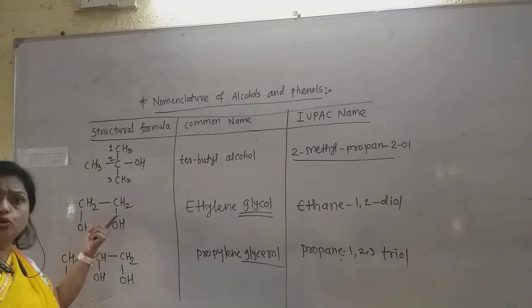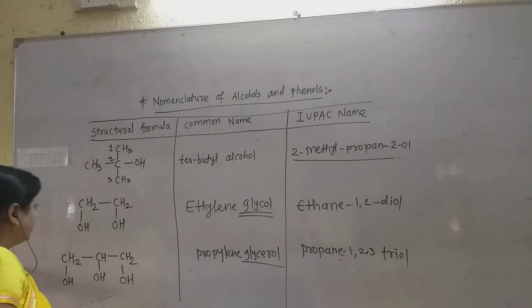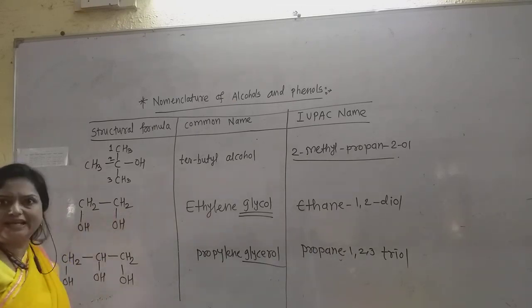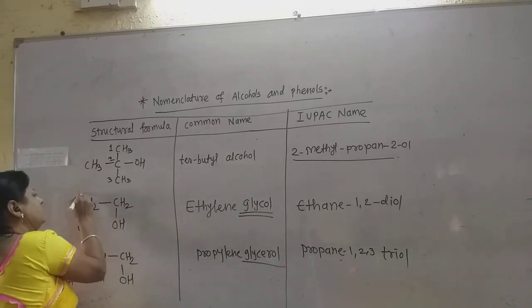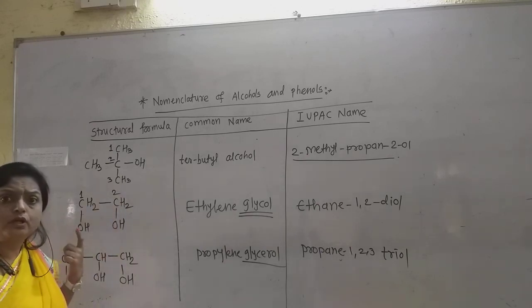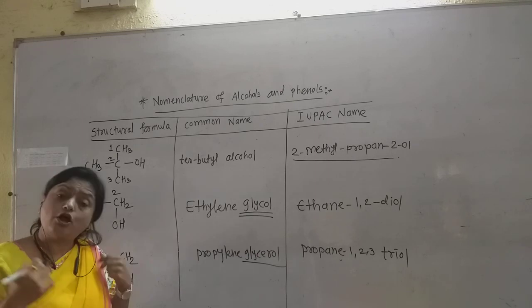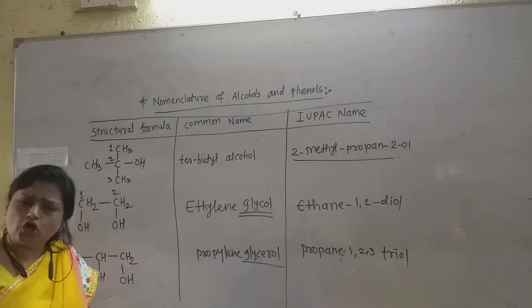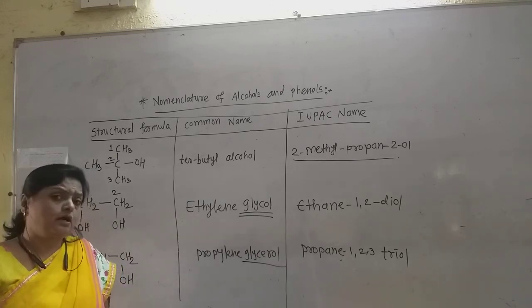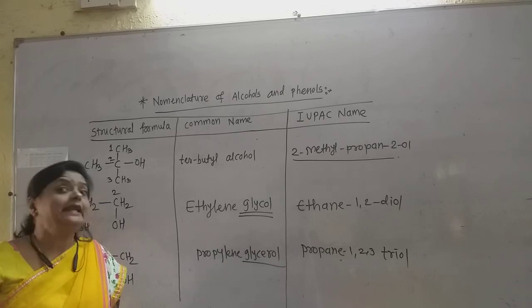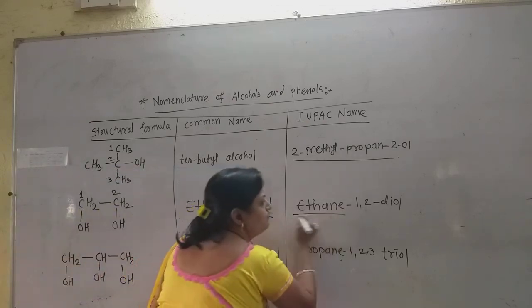Now there are 2 OH groups on this alcohol, on both of the carbon atoms. So number from any side as 1, 2. So for the IUPAC name when giving the diols, or the glycerol or glycols, write the complete name of the parent alkane. That is very important.